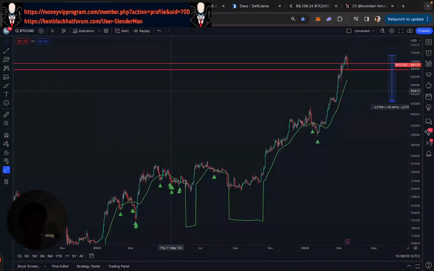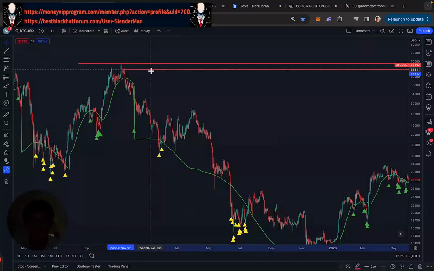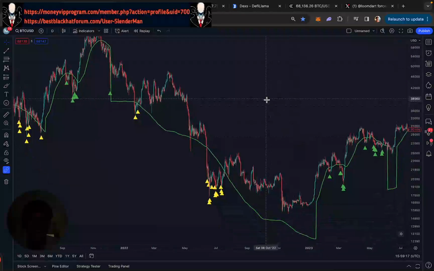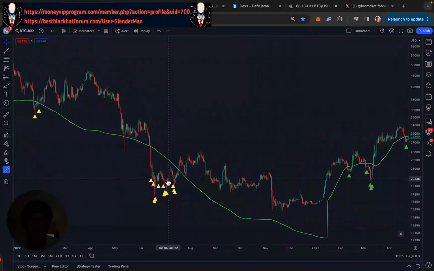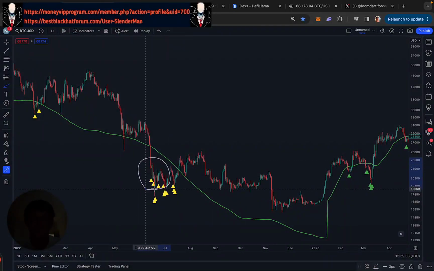So visually, let me show you. Oh, you can't see me anymore. I'm now a ghost. So visually, let's get rid of some of this. It is basically when the market just dies, right? It's a big crash where people feel the need to capitulate on their positions, meaning they give up. They just need to get out. They need to sell. They need to leave. So this would be a capitulation.